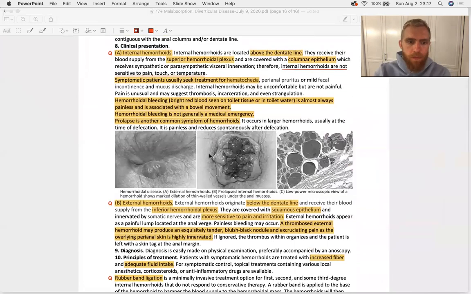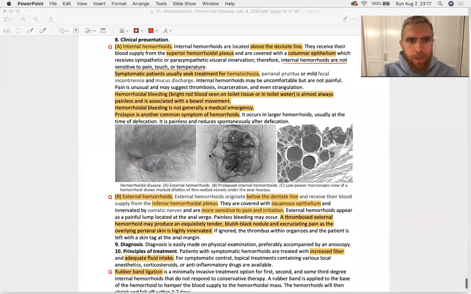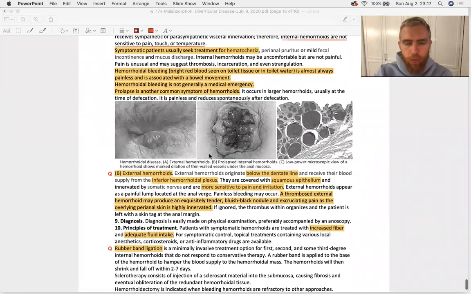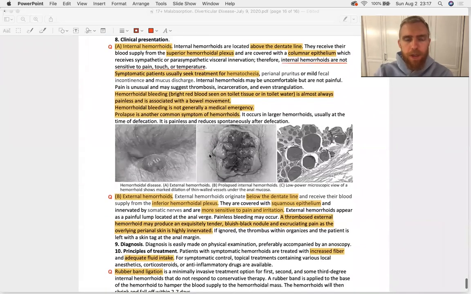Now, basically this last page, page 16, you could just review this one page and it'll tell you everything you need to know to answer a question about hemorrhoids. It reminds you that internal hemorrhoids are above the dentate line, that they receive their blood from the superior hemorrhoidal plexus, and that they're covered with columnar epithelium. Furthermore, they are not sensitive to pain, touch, or temperature unless they really prolapse out, and they cause hematochezia, bleeding,